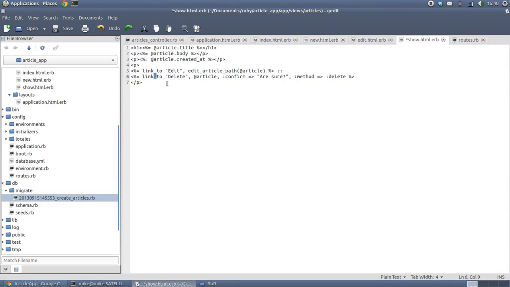So we use the link_to to create a delete link. We're going to pass in the article so we can work out which specific article we want, and then we will give it an extra couple of parameters. Now, with it being a delete, we want a little pop-up box to say, are you sure you want to delete this article? So to do that, we use the confirm parameter and say that it's equal to the string are you sure. And then finally, to make sure that Rails understands that this is actually an HTTP delete call